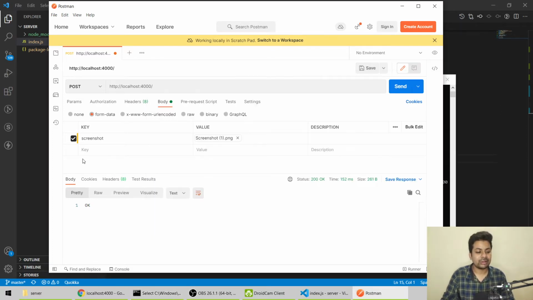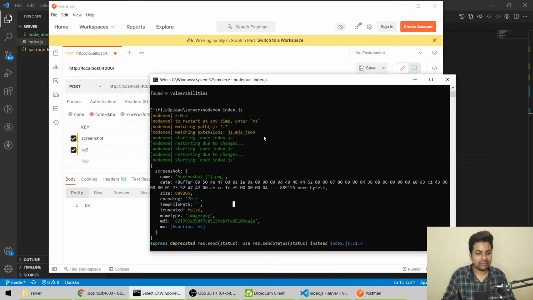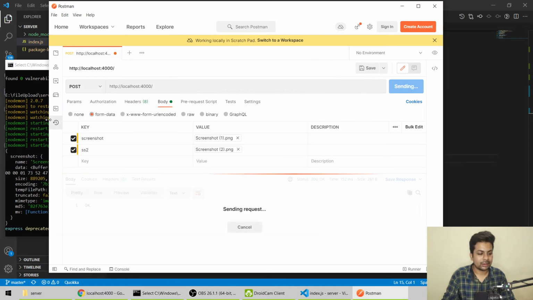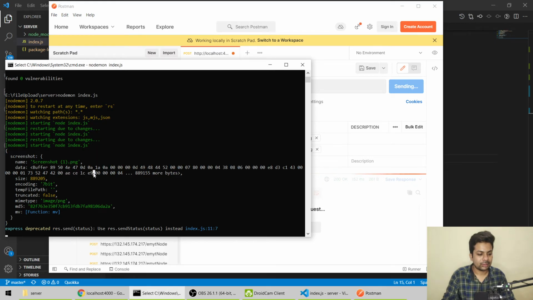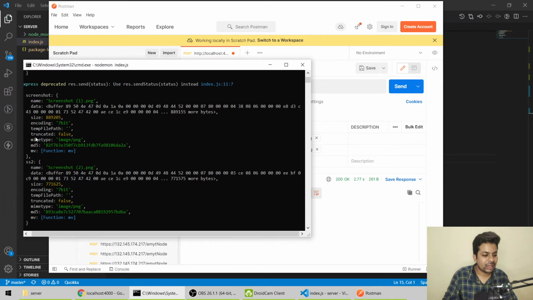So if I choose another file also, say ss2 for screenshot 2, and select the second screenshot, this time it's printing two data.